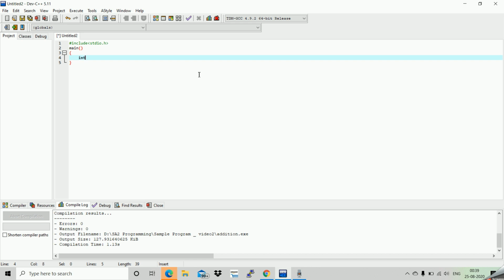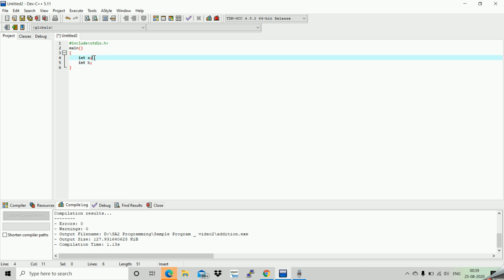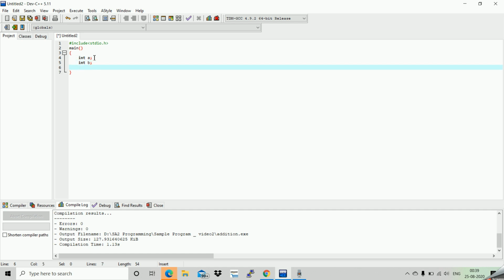In order to add two integers, you need two variables, right? One is int a. Here int is the data type of a. Then int b, and integer is the data type of the b variable as well.